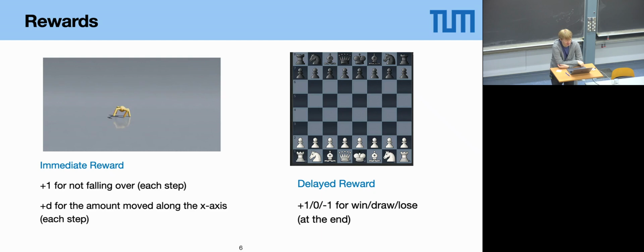Because in that situation, it's very difficult, if you have early actions, to understand which of these actions are the reasons for the later success in the game. So again, in summary, the delayed rewards here are the main challenge which you're trying to solve with reinforcement learning. So how do physics tasks fit into this reinforcement learning framework?